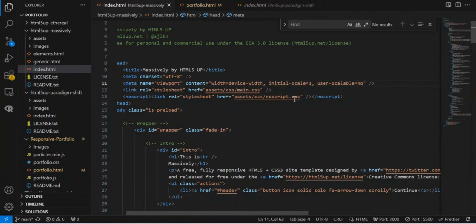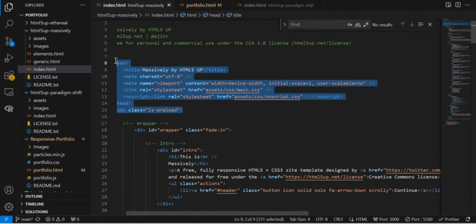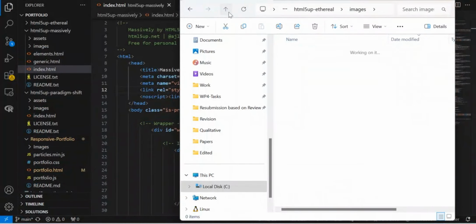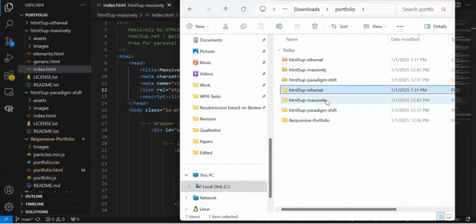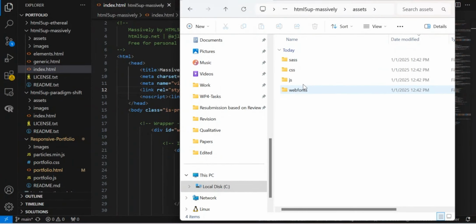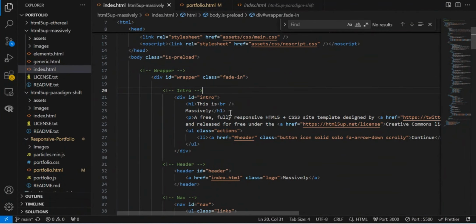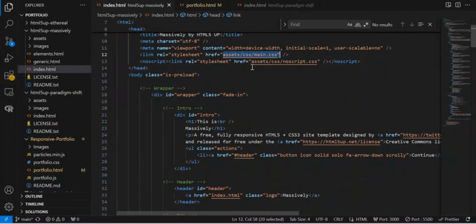So once you edit this part, you don't have to edit anything here, because this part is just helping you to call this main.css file, which is stored somewhere in the asset folder that I showed before. So if you have this asset, then you have this CSS file, meaning that there are some components or classes or objects stored in this CSS file, which will later be used in this particular script. So please don't change anything here.